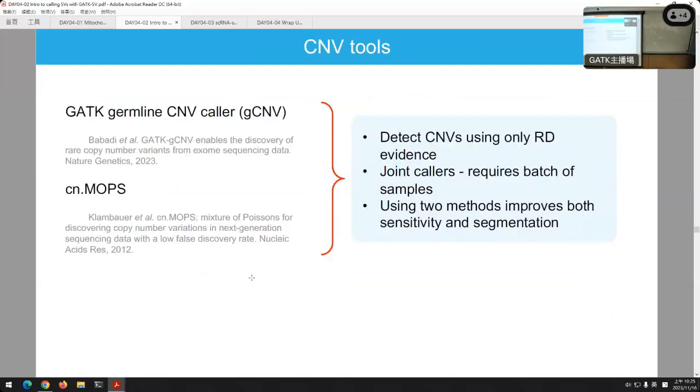Okay, so these are our CNV callers that use read depth evidence. So the first one should be familiar. It's GATK gCNV. We mostly talked about running gCNV on exomes yesterday, but we do run it on genomes as part of our GATK-SV pipeline. And the second one here is CN.MOPS. So both of these